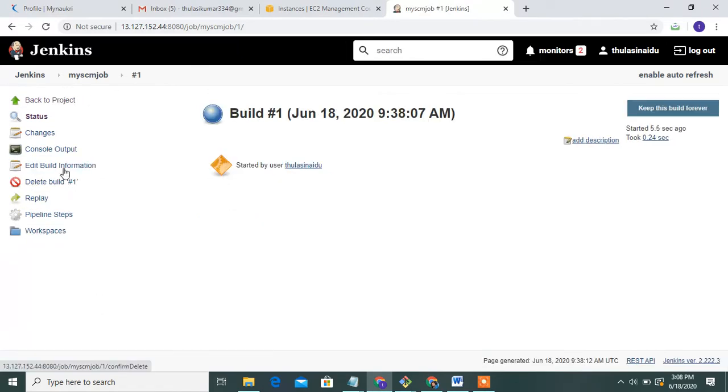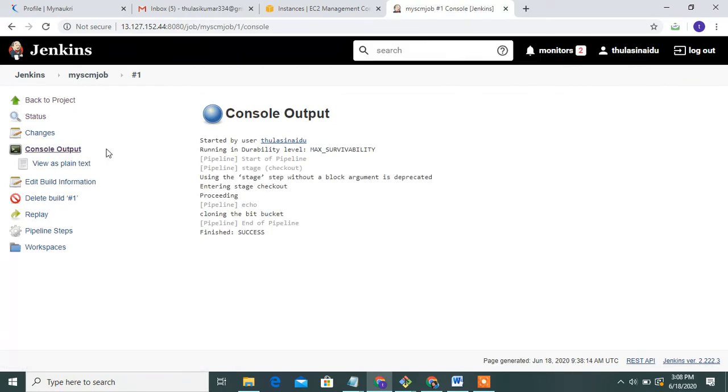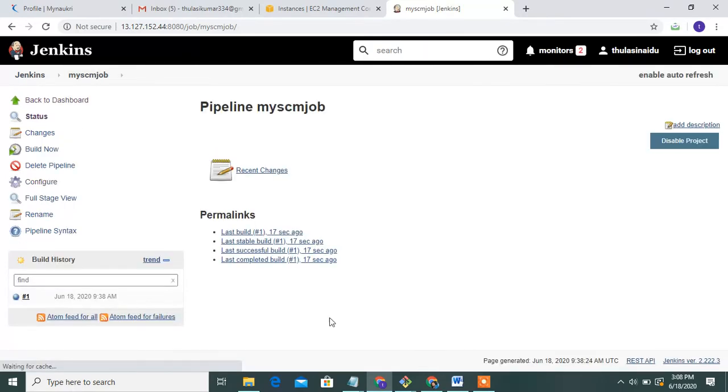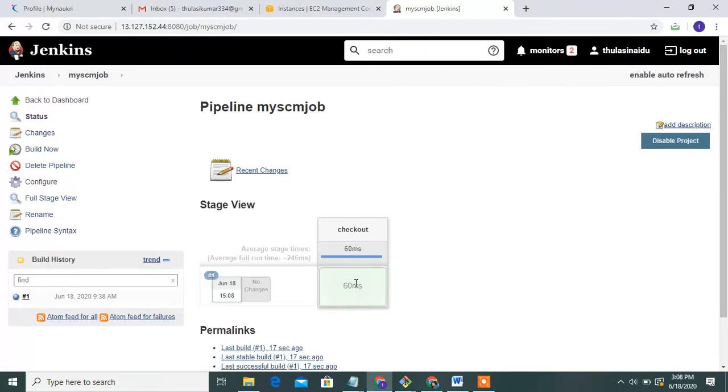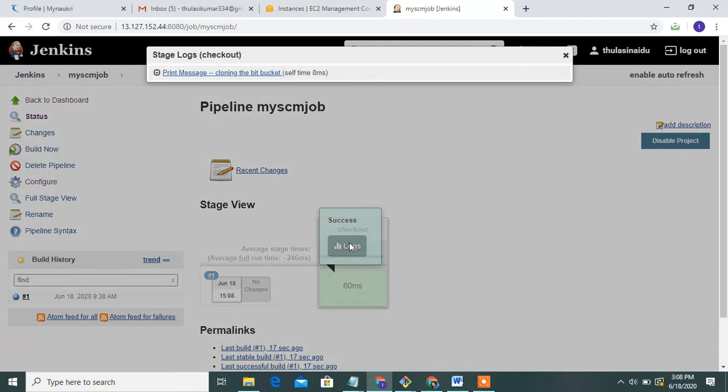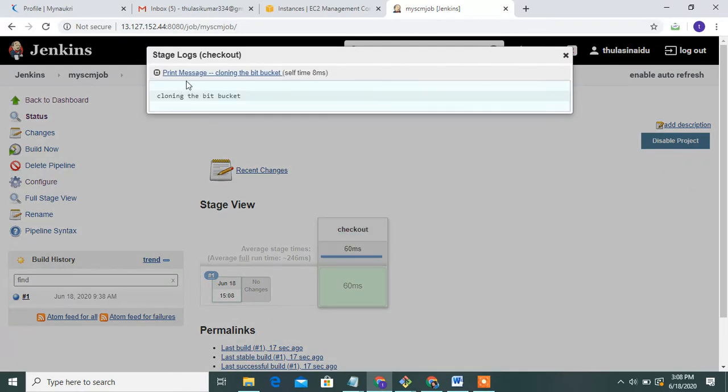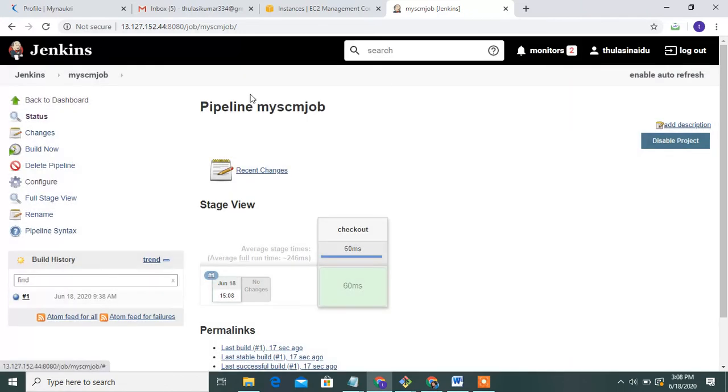Open the console output. See this, guys, it finished successfully and shows the checkout stage. Go to the logs. See this, it prints the message cloning the Bitbucket. Yeah, this is a simple use case, guys.